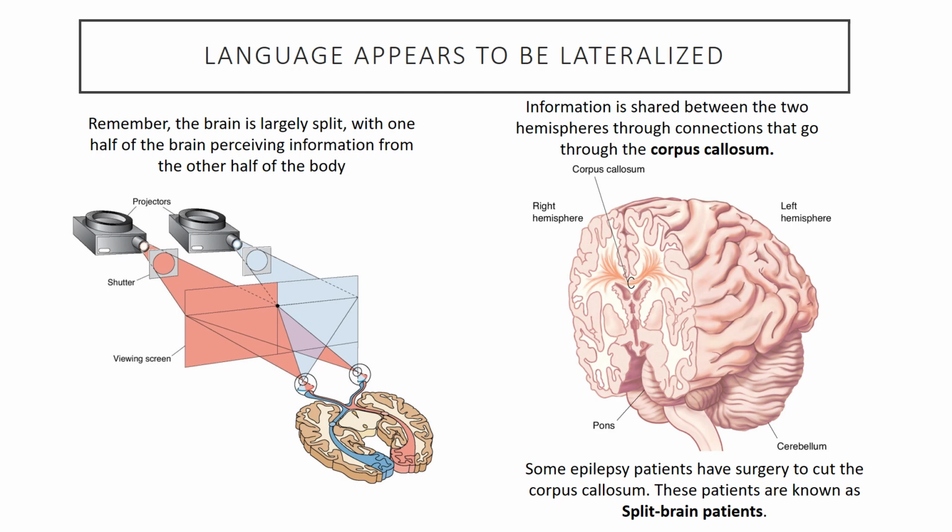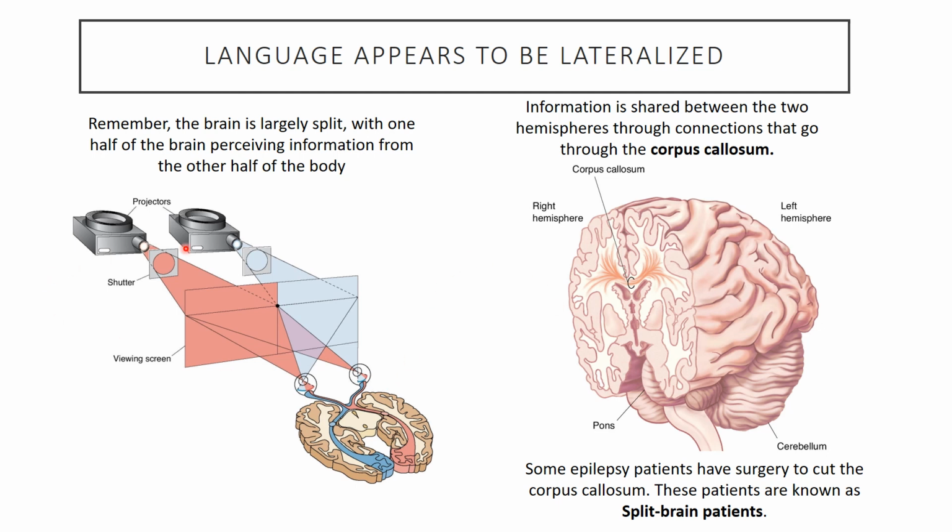So I mentioned that these areas are sort of focused on the left hemisphere, and that's because there appears to be some really important lateralization that happens with respect to language. So this is one of the first parts that we're going to be talking about, lateralization. One of the first and only parts. There are many different kinds of behaviors that are lateralized, meaning it primarily seems to be driven by just one side of the brain and not so much by the other. Language is one of these classic systems that appears to be highly lateralized.